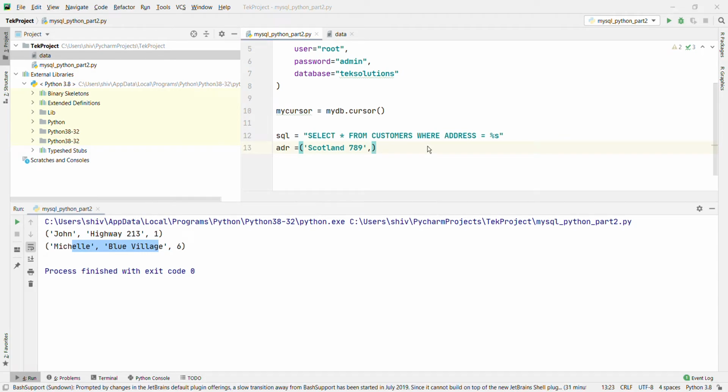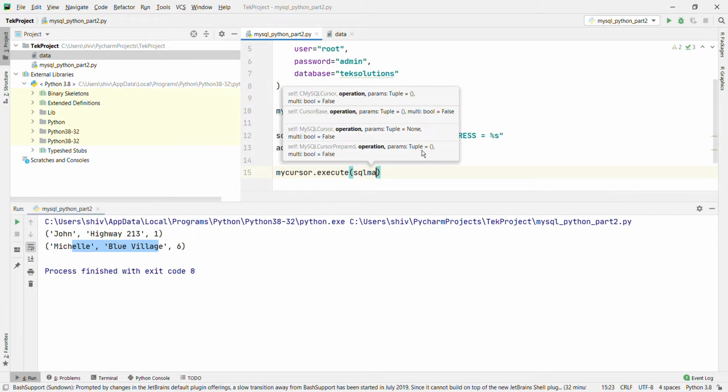This is your escape value. What we are doing here is using percent s, and this s is going to be replaced with Scotland 789. Now we are going to execute this statement.